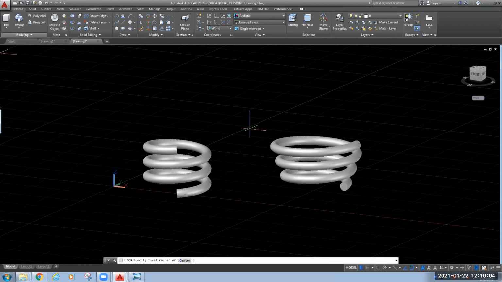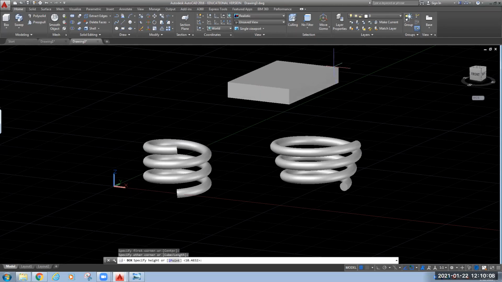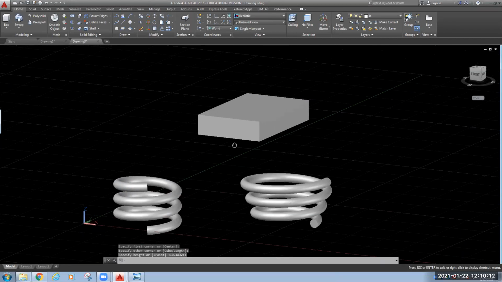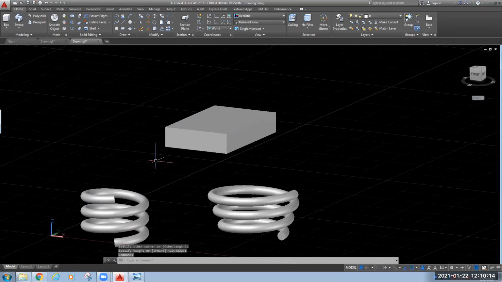Suppose I am drawing a figure and I take one small box, and for performing any operation on this object I need to shift this coordinate system from its global location to a new position. For that, the command is UCS.